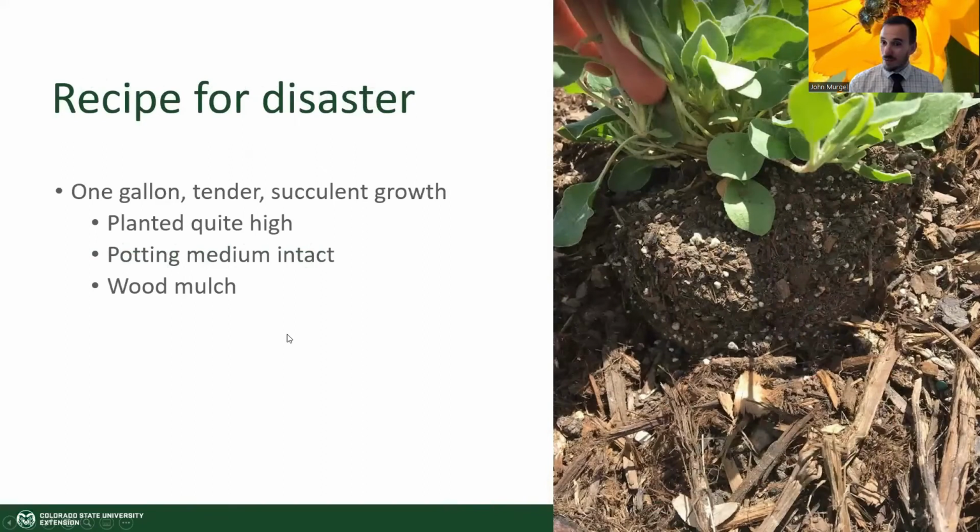So here's a recipe for disaster. Here's a 1 gallon succulent, tender plant. This is Eriogonum aureum, which is a plant that's very drought tolerant. It's native across much of Colorado. You can find it growing in fields, certainly here in Douglas County, all over the place. It doesn't need any water. This one needs supplemental water to be happy though, because it was grown in a greenhouse,